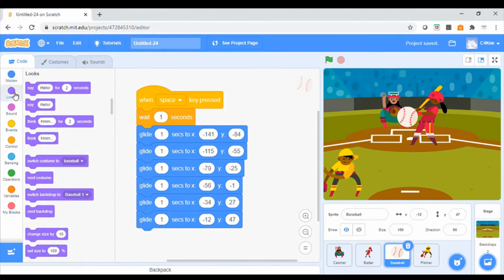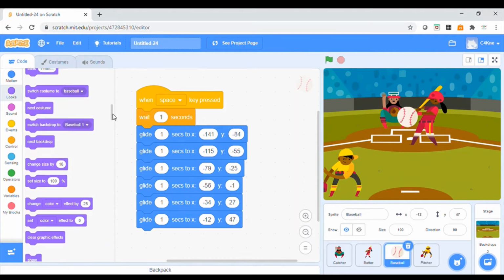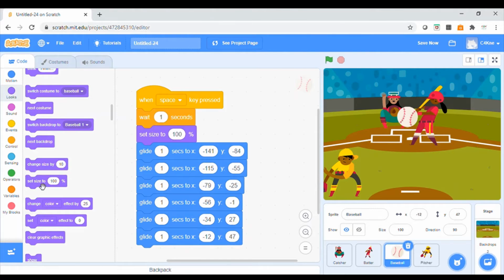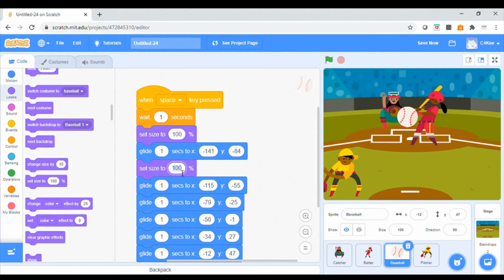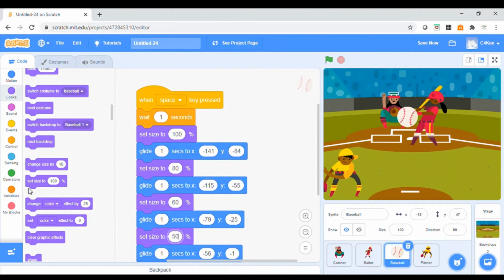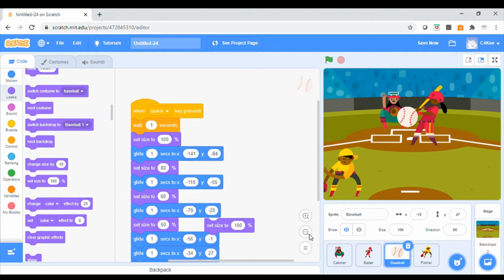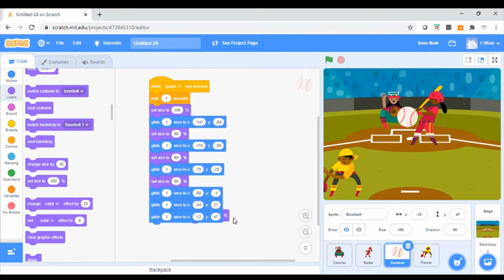I'm going to go to my looks, and I'm going to, each time, set the size to 100, then I'm going to set the size to, say, 80, then I'm going to set the size to 60, set the size to 50, set the size, and if you run out of room, just scroll down or make it smaller like that. I'm going to pull it up just so you can see it. Set the size to 40, set size to